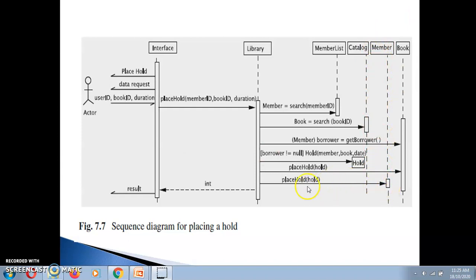It means the member is holding a particular book and for a certain duration of time. That int will give you for how much duration he wants to hold as a result. So in this part there is no concept of loop and all. Just a person wants to place a hold on a book. Next,